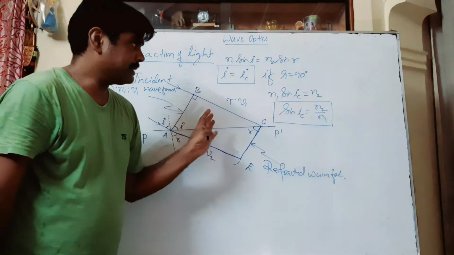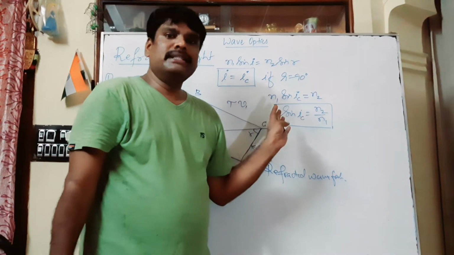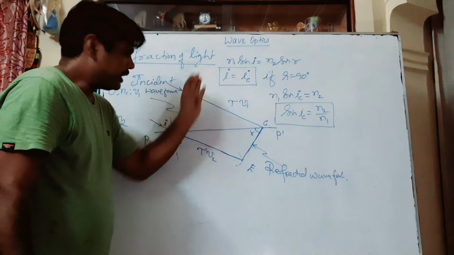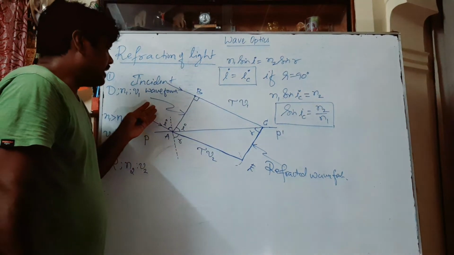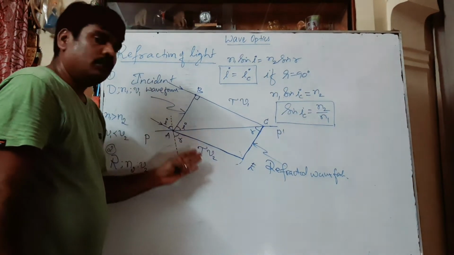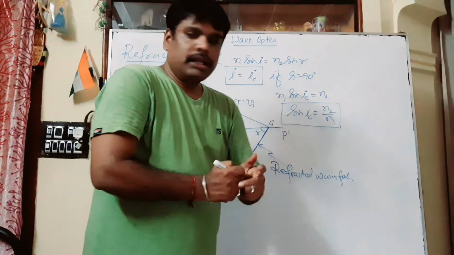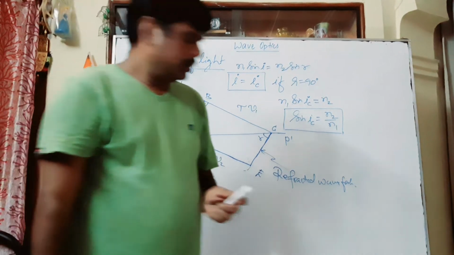So this was explained with the help of Huygens principle. This is the refraction of light. The condition is that light is traveling from a denser medium to a rarer medium. Clear now? So now let us move on to another phenomenon of light,